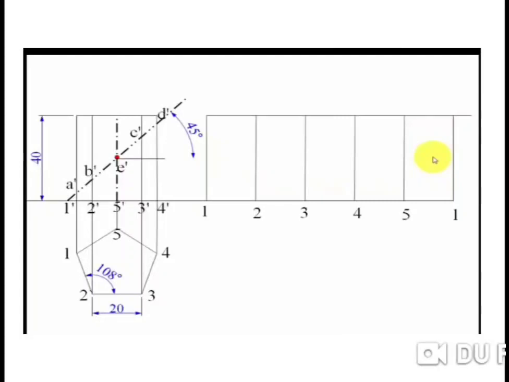Now we have to transfer the cutting plane action points. First we have to look at the names. For edge 1 it has given point A, for 2 B, for 5 E, for 3 C, for 4 D, where the cutting plane cuts. We have changed the numerals into alphabets in the same order. Now we have to transfer the same points. A lies on 1, B lies on 2, E lies on 5, C lies on 3, D lies on 4.